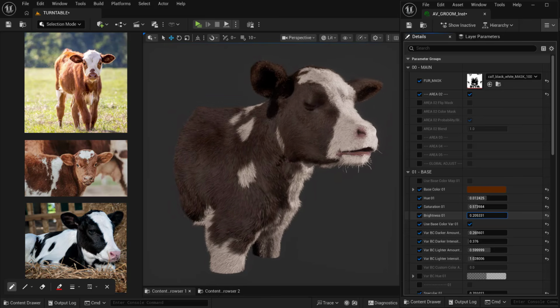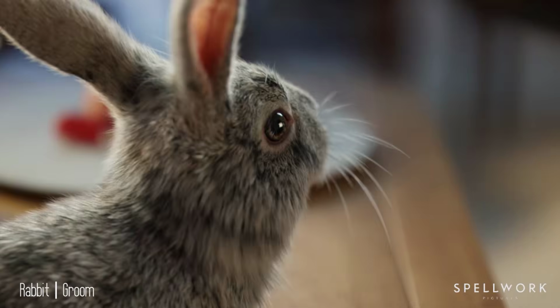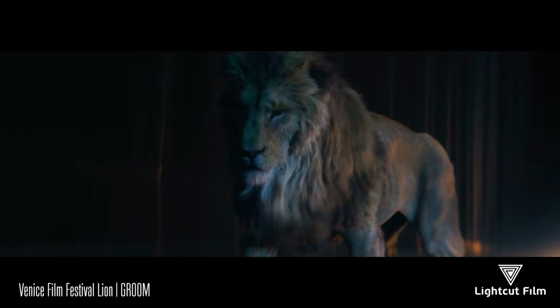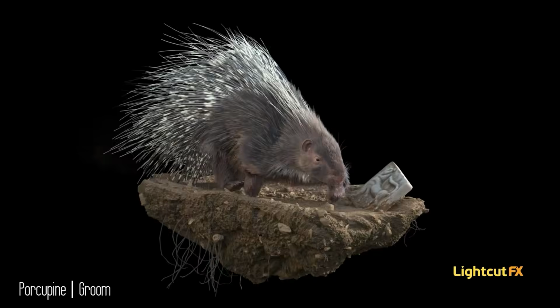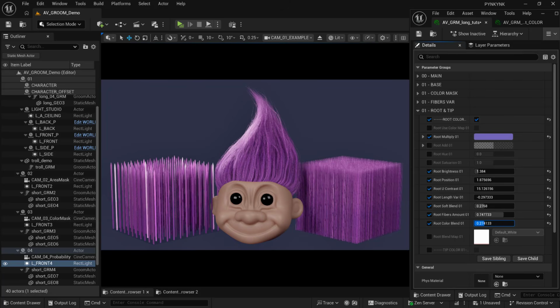In this tutorial we are going to explore our new Groom shader for Unreal Engine. The shader is based on our techniques and workflows we have developed while grooming characters for VFX projects. It's designed to give you flexible, high-quality control over hair and fur rendering, with art direction friendly parameters both for